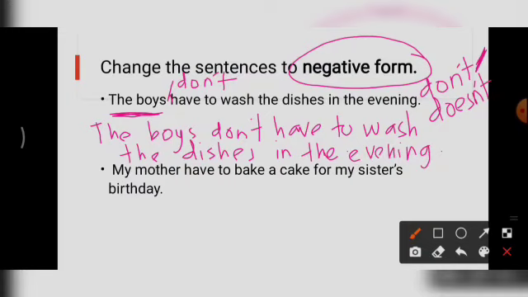Okay, next one, we continue with the next sentence. My mother have to bake a cake for my sister's birthday. The first thing that you must do is identify the subject. Very good. Which one is the subject? Yes, it's my mother. How many people are there? One or more than one? Yes, it's one person. So when one person, it's singular. So singular, kita use doesn't. We use doesn't. So we rewrite it as my